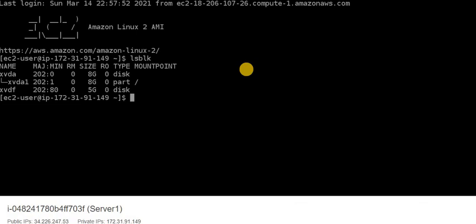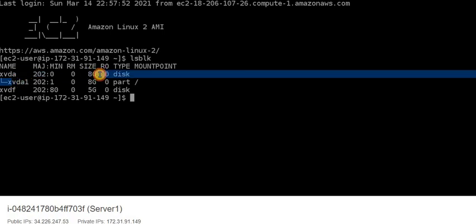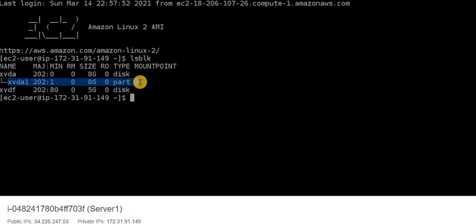lsblk. So this 5 GB one has been attached, and the upper one is the root volume. You guys can see the root volume is here, mounted as the root volume, and it has Linux installed right here. So what I'm going to do first is make a file system and then mount it with the